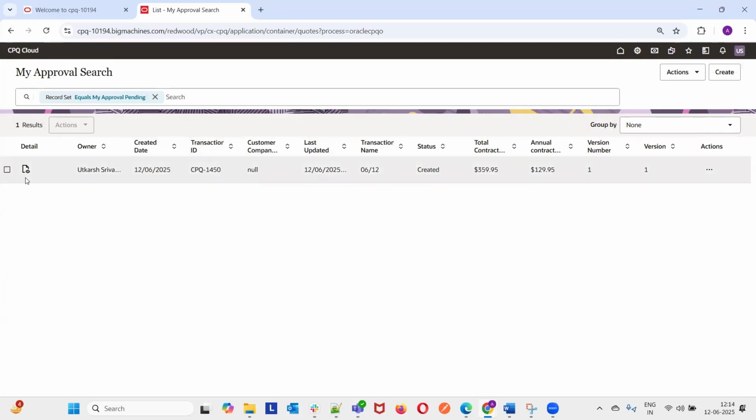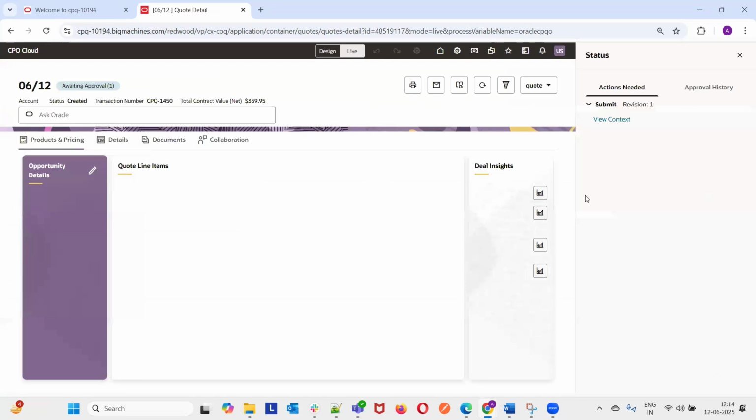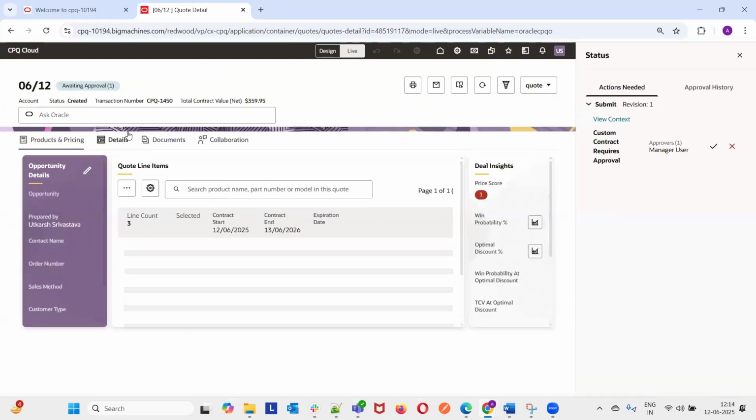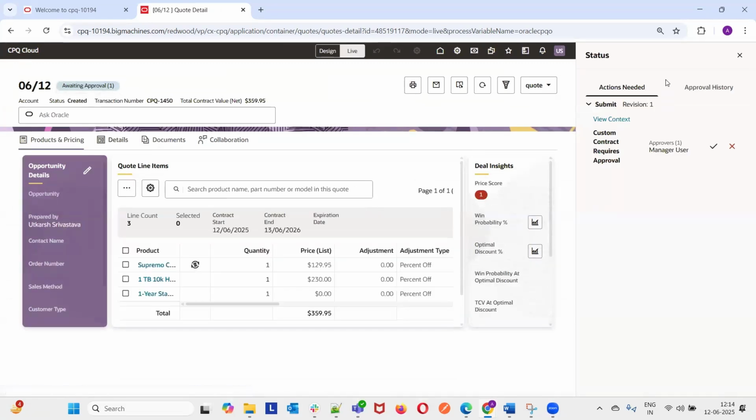So I'll just open the code, and a status drawer will open automatically as soon as we open the code which is pending for approval. See, we can see this status drawer which automatically popped up, showing the user the immediate actions to be done, and then the user can directly approve or reject the code from here itself.